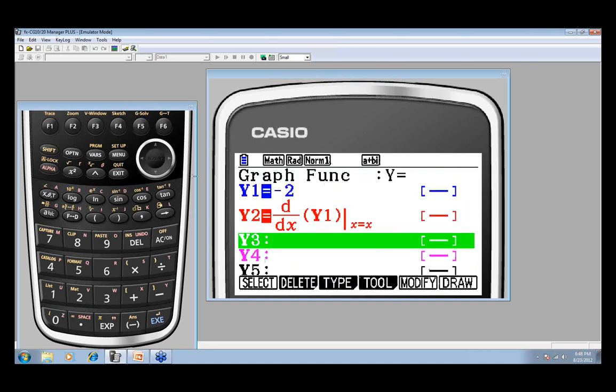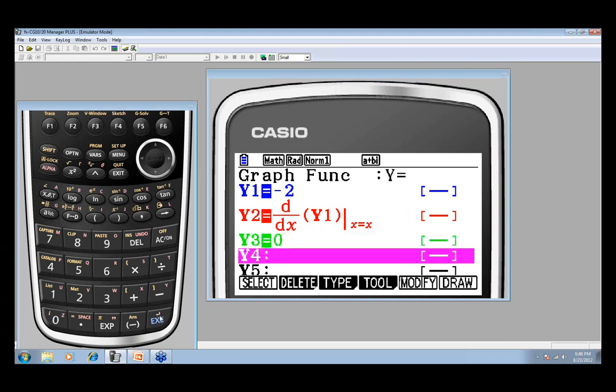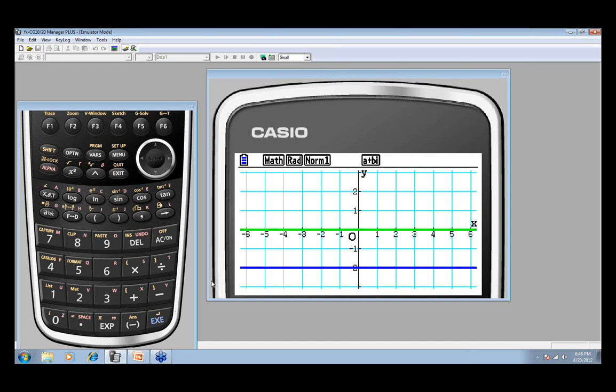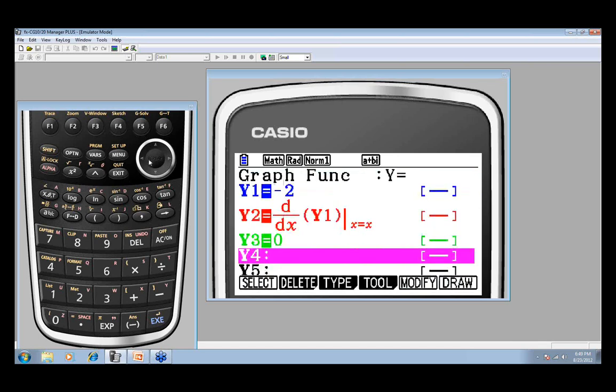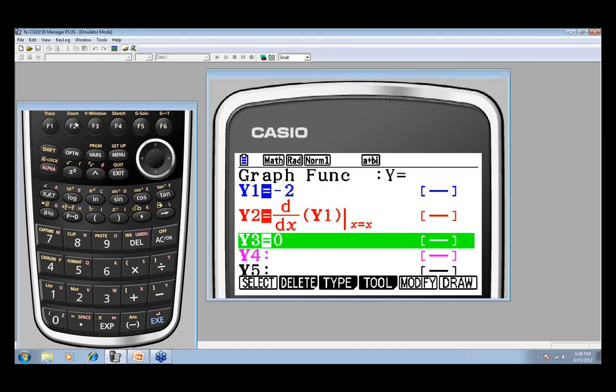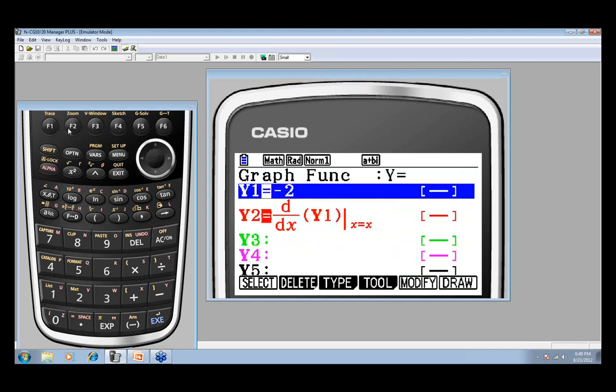Well, when we go back, now that we think we know that the derivative of -2 is actually y equals 0, let's type in 0 here and see if that does graph over what we think the derivative is. As we do some more complicated functions, this will make a little more sense. This is a very simple one. My derivative graph went on top of the red graph, so I know that the equation of that line is 0. Now, we're going to delete y3. I'm not going to mess with y2. I'm going to leave that as the derivative of whatever we put in for y1. We don't have to change that every time.